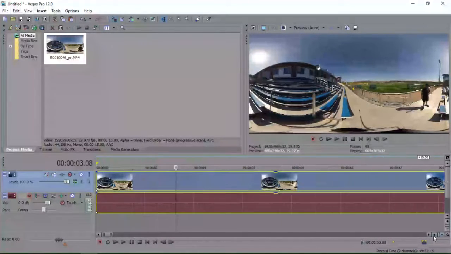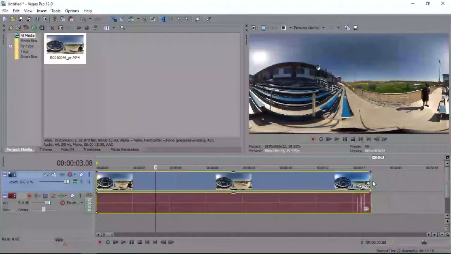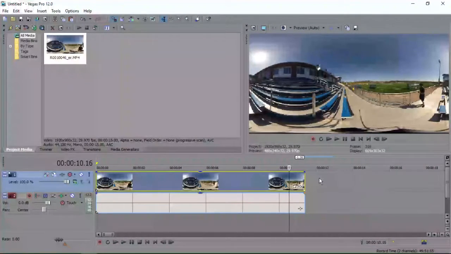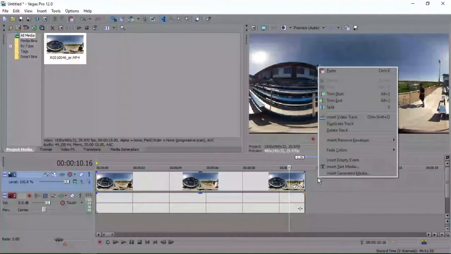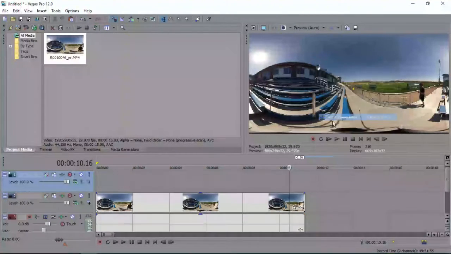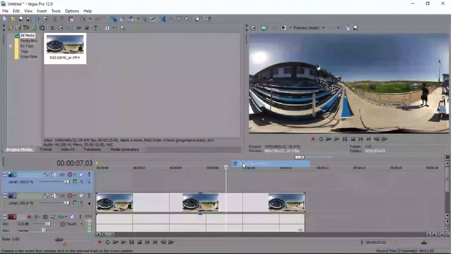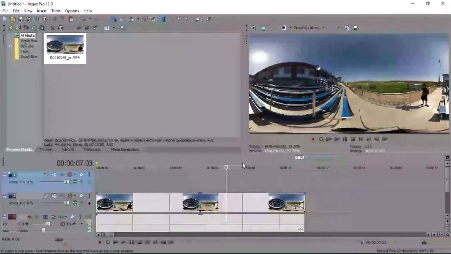Now, you can do anything that you want in this video that you can do in standard editing video. So I might want to remove the end of it because it had my thumb all up close to it, and it was very unattractive to look at. And I can also do other stuff in this, such as